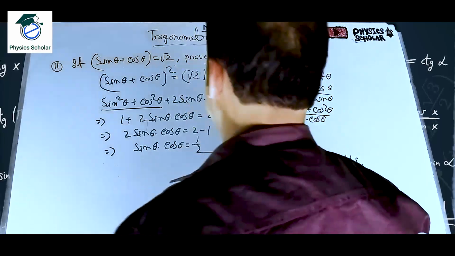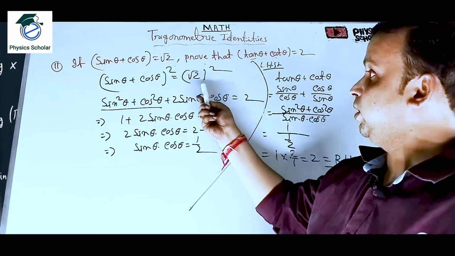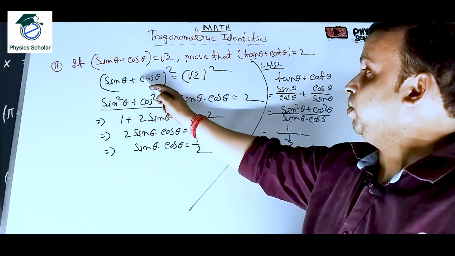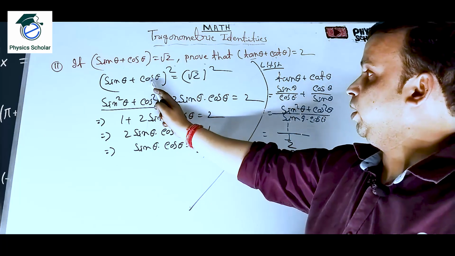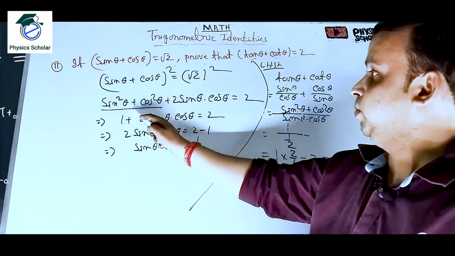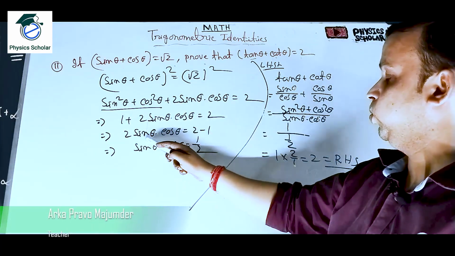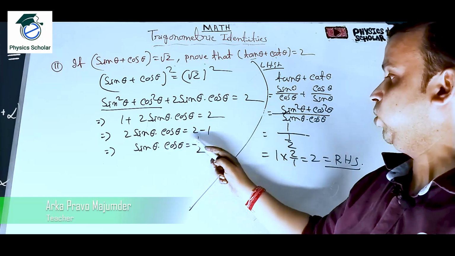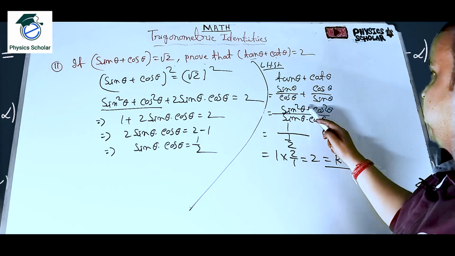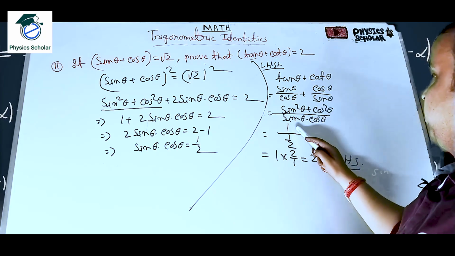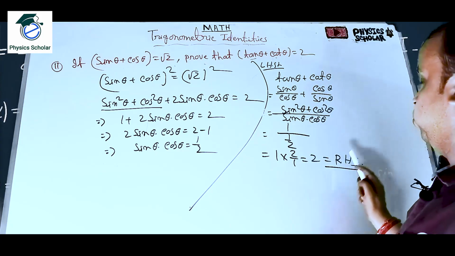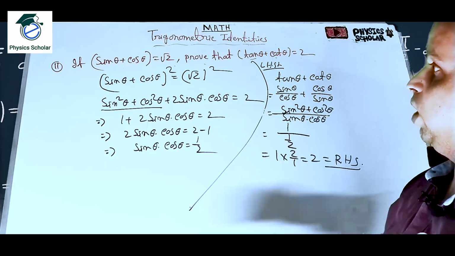Students, this is also an important sum. What is given? Sin theta plus cos theta is equal to root 2. We have to prove tan theta plus cot theta is equal to 2. So sin theta plus cos theta whole square is equal to root 2 square. What is the formula? A plus b whole square is equal to a square plus b square plus 2ab, which is equal to 2. So this value is 1 plus 2 sin theta cos theta is equal to 2, so 2 sin theta cos theta is equal to 2 minus 1. That means sin theta cos theta is equal to half. Clear? Now tan theta is sin theta by cos theta plus cot theta means cos theta by sin theta. So sin theta square plus cos theta square by sin theta cos theta, sin theta cos theta being the LCM. The numerator will be 1 and the denominator is half. So 1 into 2 by 1 is equal to 2, which is RHS. Proved. Hope you have understood this.